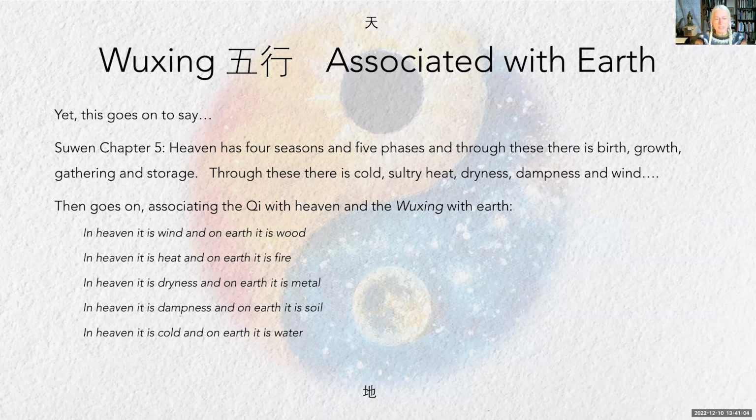Maybe at this point I want to just make a note that the Yellow Emperor and Chibo, they don't talk about things that they don't think are super important for us to understand. So maybe this just seems sort of poetic, but I really want to encourage us to really think about it. Why are they making such a point of this? And they make this point over and over again and tell us how important it is. So I think we'll see as we go along how this is important, that the chi are associated with heaven and that these phases are associated with earth.